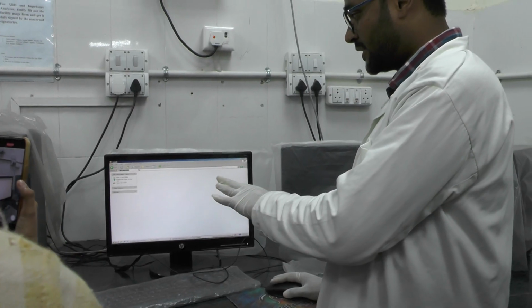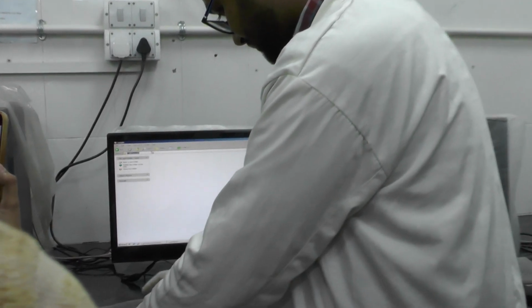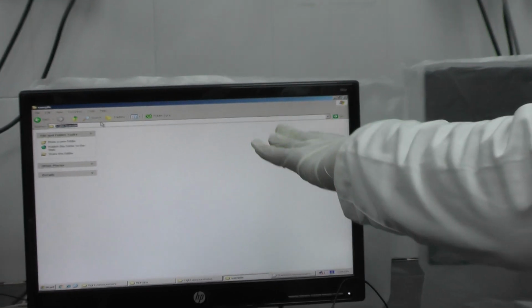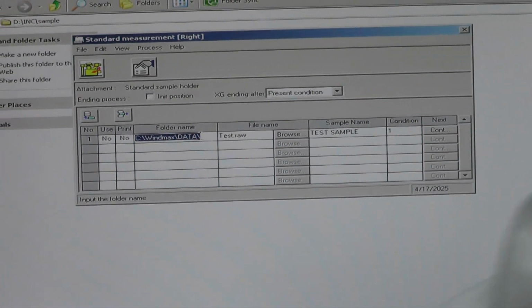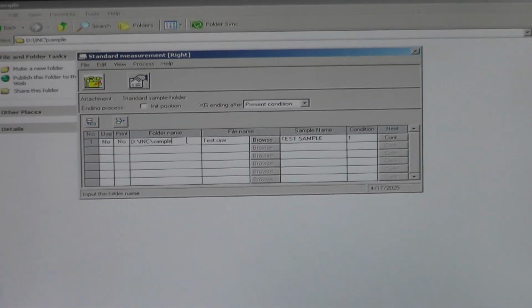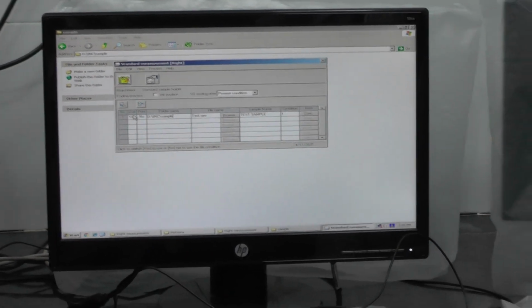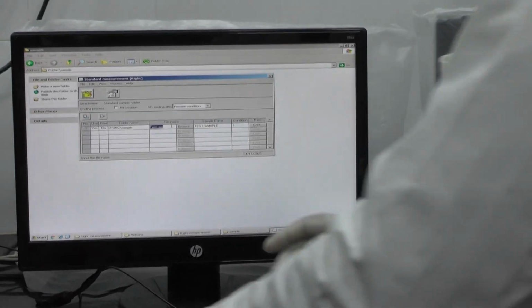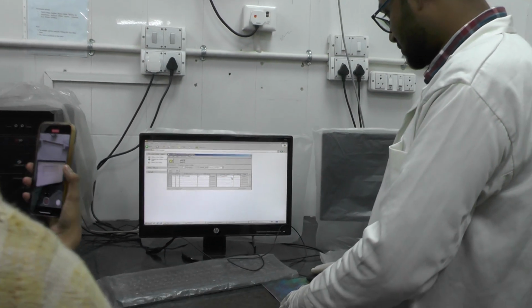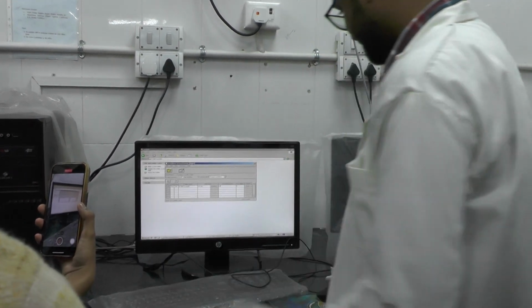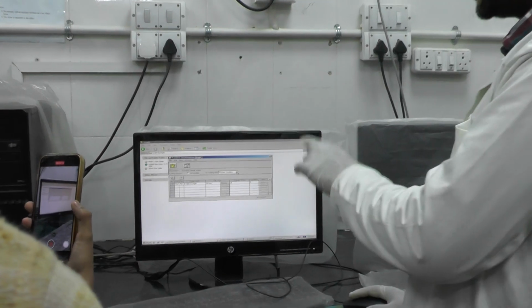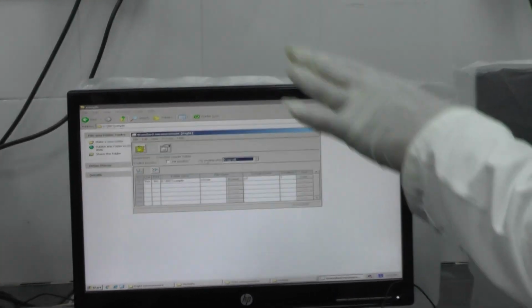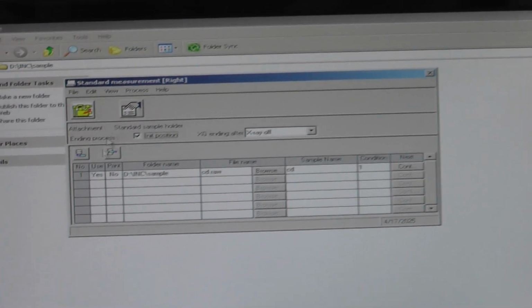So you need the address bar, right? So this is the address bar. The data that will be taken from this instrument will be saved in this folder. The sample will be saved over here. So you write any sample. Okay, we are writing CD, carbon quantum dots. So initially the X-ray is off, right? So we'll just keep the X-ray off. We'll write the initial position.